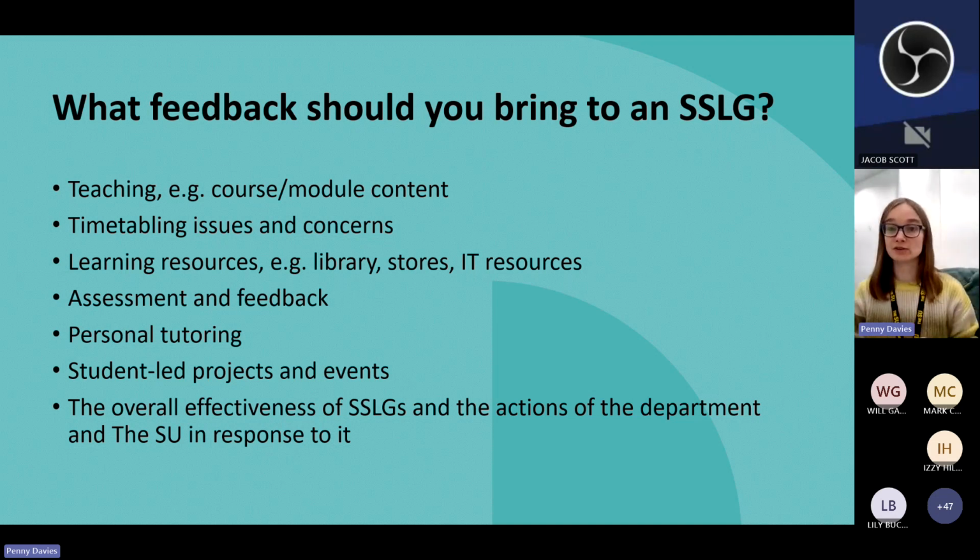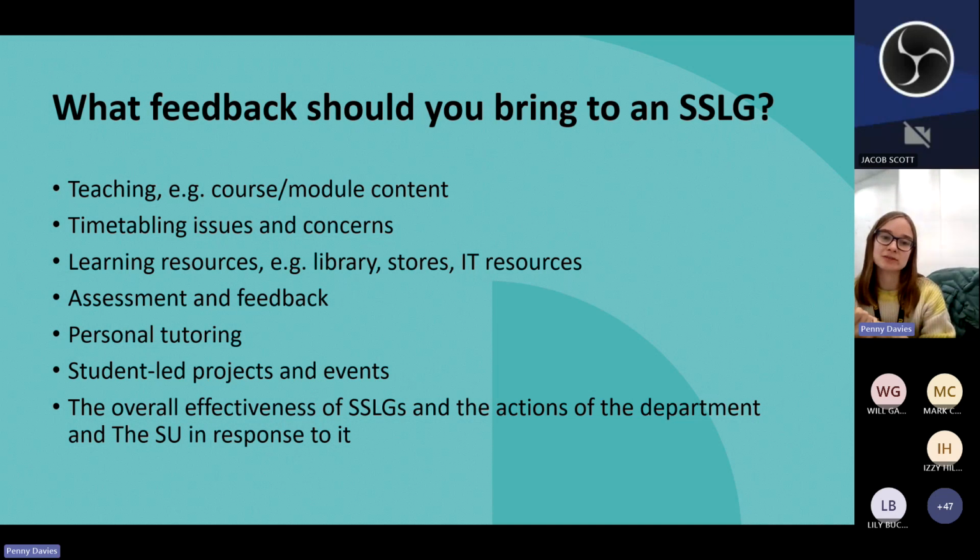But you can also use this role as an opportunity to organise some events and projects that support academic community in your departments if you would like to. For instance, you could start putting on study groups or organise some guest lectures if you're feeling fancy. If you are interested in doing any of that, feel free to email me and get in touch, or email Student Voice and we can support you with how to go about doing that.